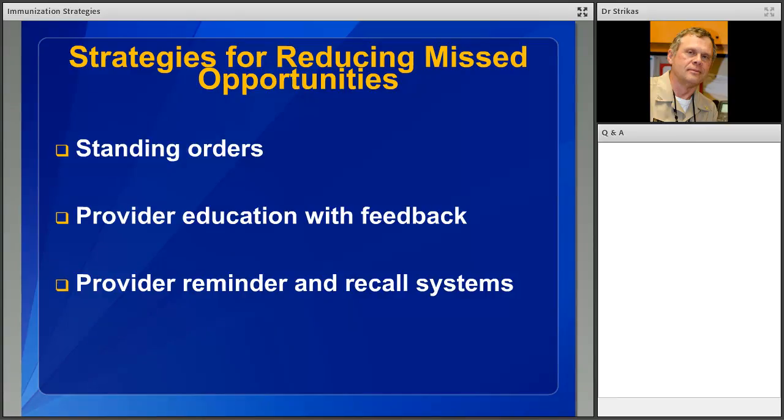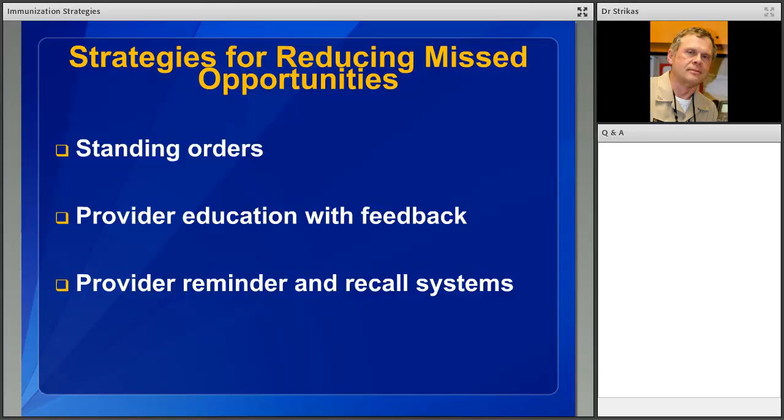Several studies have shown that eliminating missed opportunities could increase vaccination coverage by up to 20%. Strategies designed to prevent missed opportunities have taken many forms, used alone or in combination. Examples include the following. Standing orders. These are protocols whereby non-physician immunization personnel may vaccinate clients without direct physician involvement at the time of